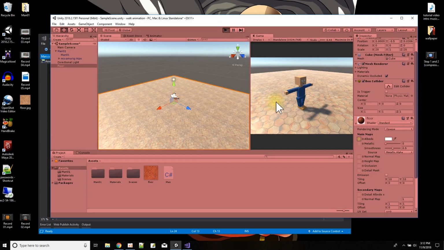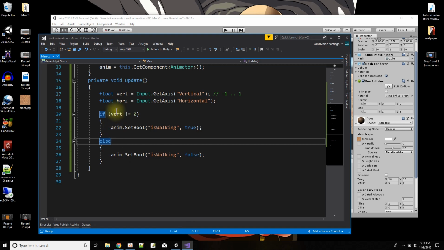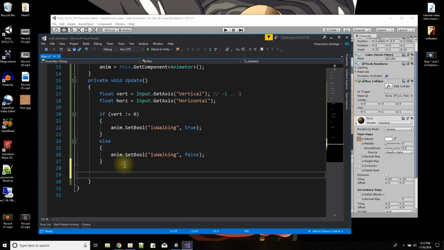Okay, so now we got a floor, so if I'm walking, I could see if I'm moving. So right now, all I have is the animation changing, but there's no motion. So now we're going to add the motion, okay? So let's go to the script again. And here in the update, we're just going to add something for moving forward and backward, all right? So the first thing for moving is we're going to use this transform. This is always the object that the script's attached to. So this transform.translate,